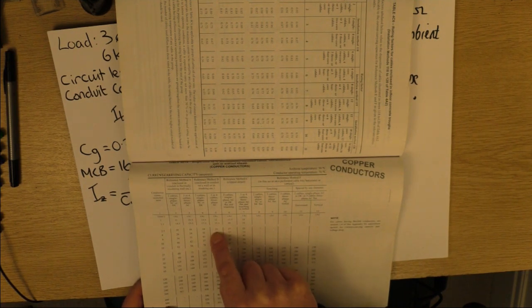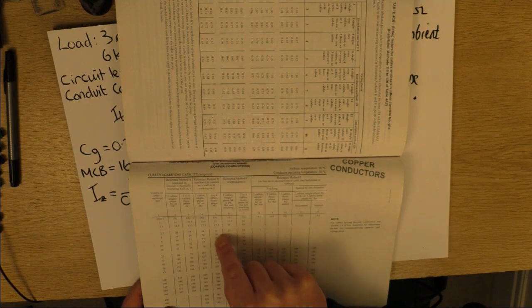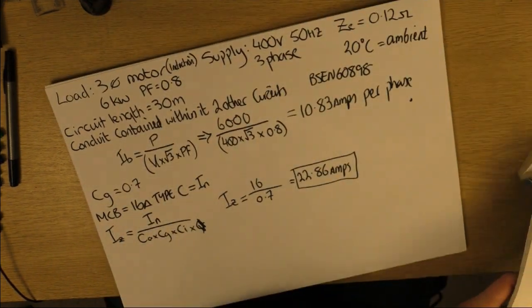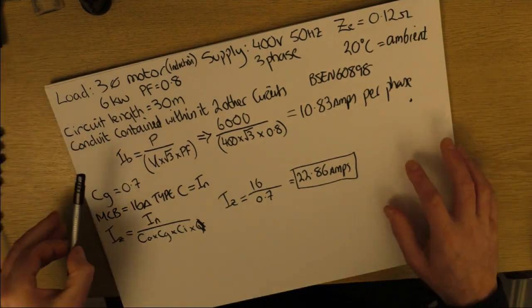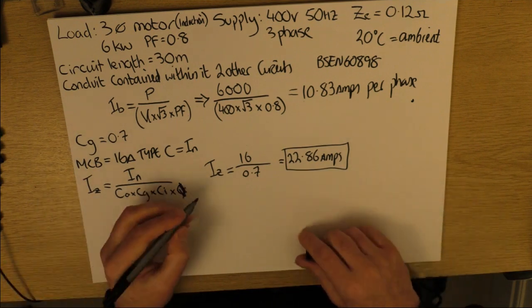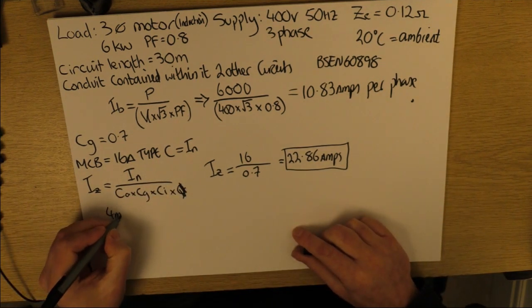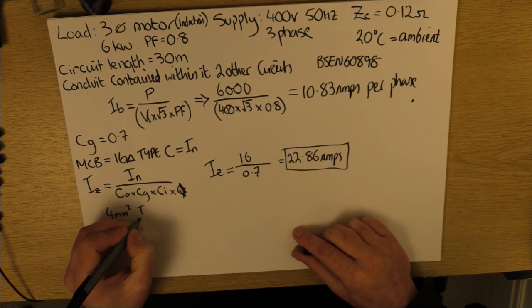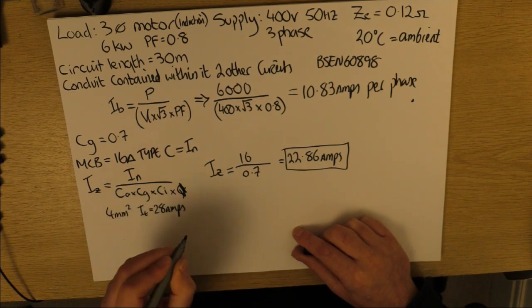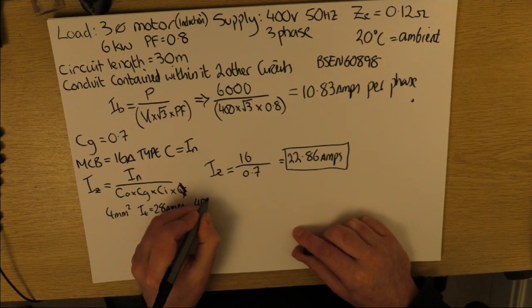So IT is the tabulated current under certain circumstances. So our IT then, we got 4 mil. So we're going with 4 mil, which has an IT of 28 amps, and that's table 4D1A,